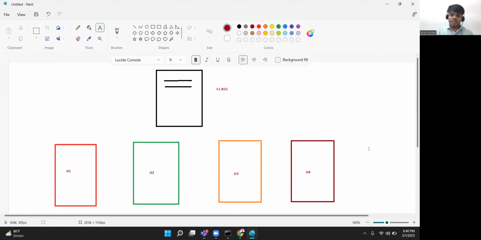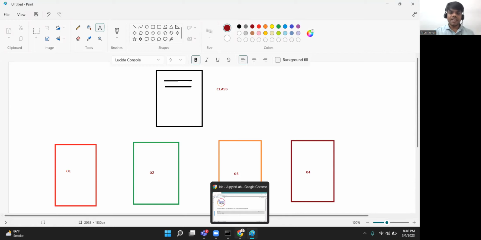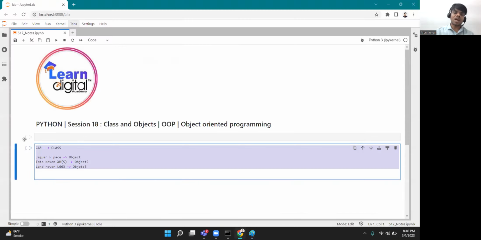The real life example is good so far, but however, let's try to correlate this with the programming concept now. Let's see how we develop a class in a program, how we develop an object in a program, and how we use it in the programming context, okay? Before I start on that, let me tell you that